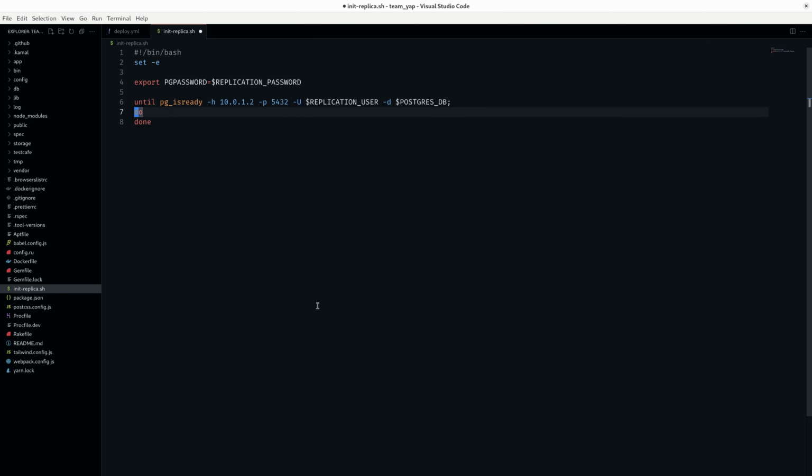application. Inside this do loop, I'll echo a message to indicate that we're waiting for the primary database to be ready. So if the pg_isready command fails, we'll see this message in the container logs. I'll also add a sleep for 2 seconds to give the script some time to retry the pg_isready command. If we're able to connect to the primary database, we can proceed with grabbing a database backup to use